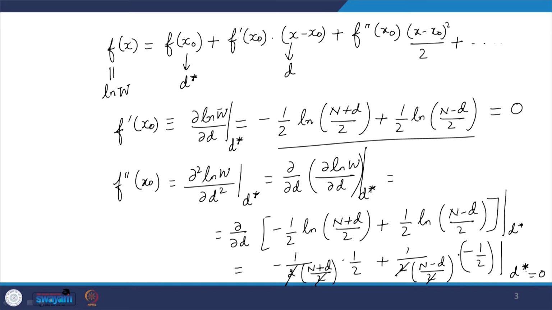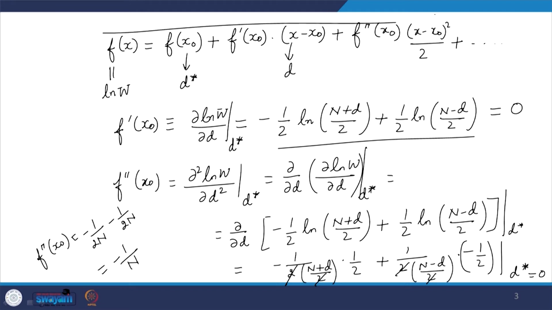What we get is something like minus 1 by n from there. So, now if I put this back in the expression that is right here, what we see is